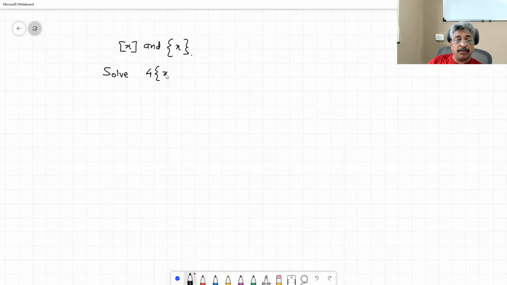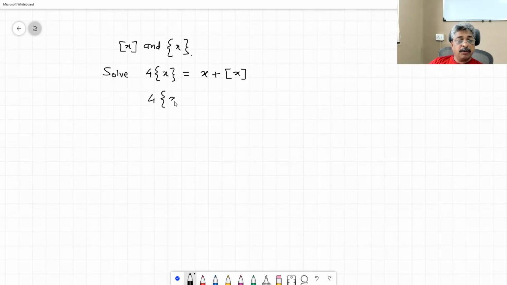4 times the fractional part of x is equal to x plus greatest integer x. Solve and get me the solution set. Let us do it by 2 methods. One method, I mean, this is an elementary problem, but still